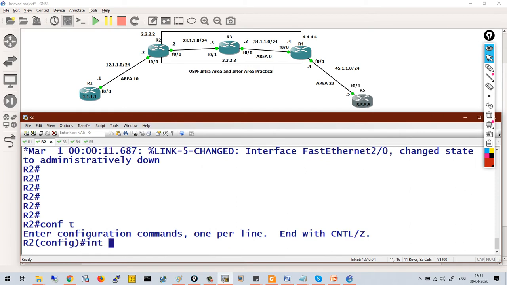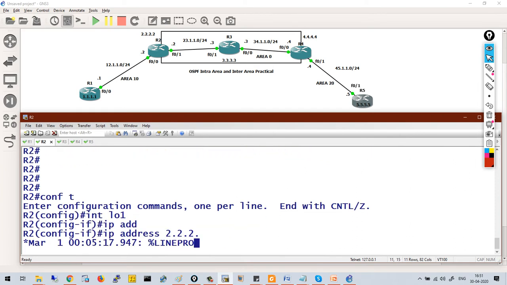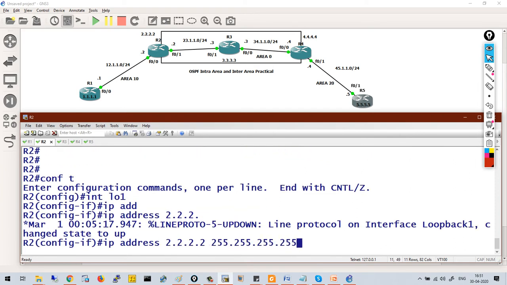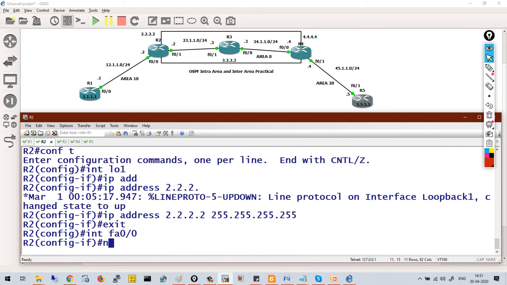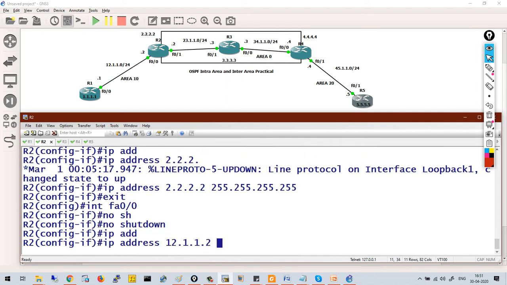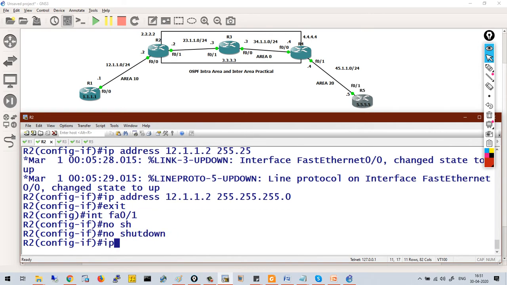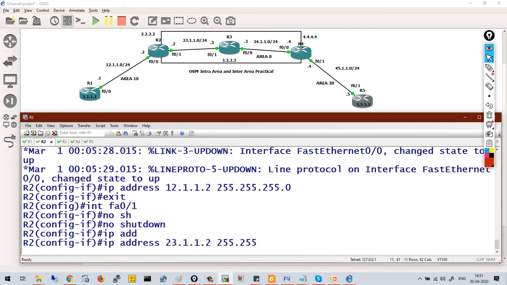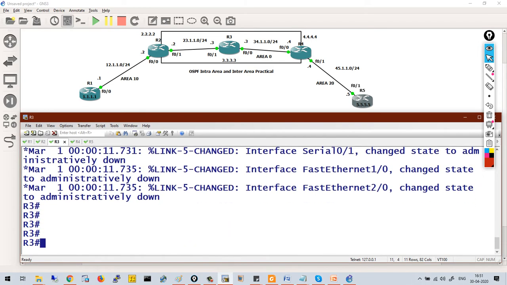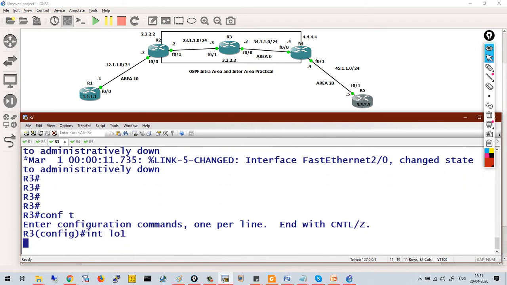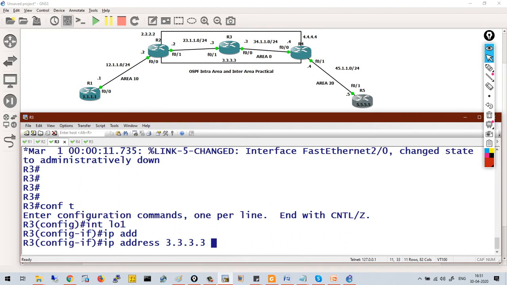On R2 again, let's create a loopback. IP address on the interfaces. On R3 again, first of all, I will create a loopback.